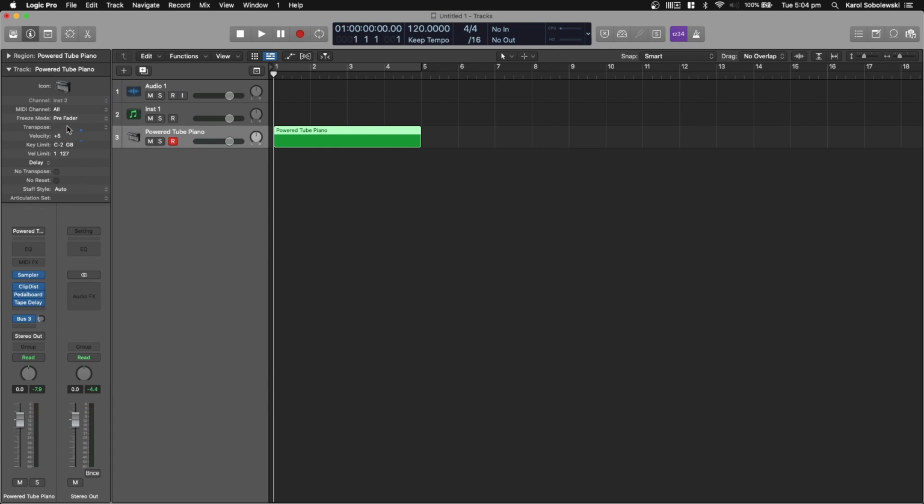We then have velocity, which basically means a similar thing. You can adjust the entirety of the loudness. If it's too quiet, you can just boost it on the entire track, or subsequently make it quieter. We then have a key limit, which is basically saying, hey, the bottom key, don't go any lower than this,